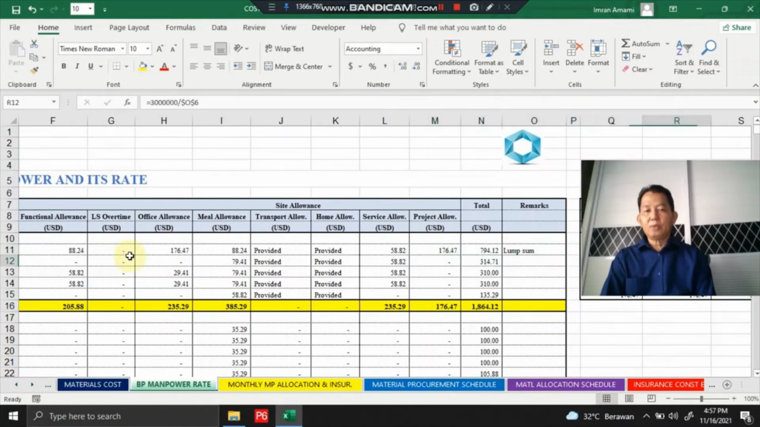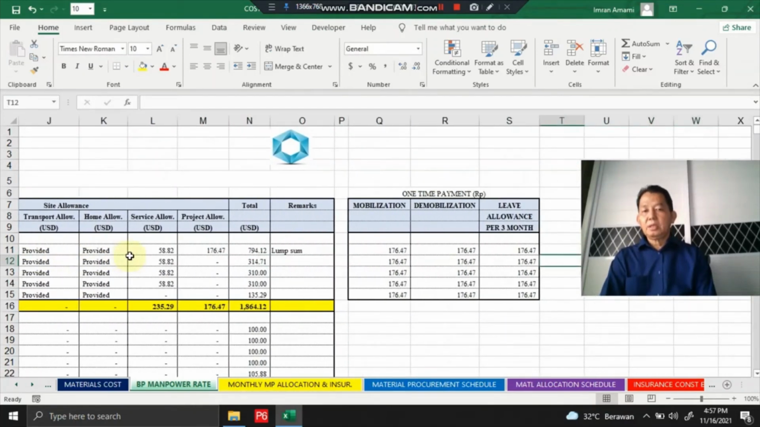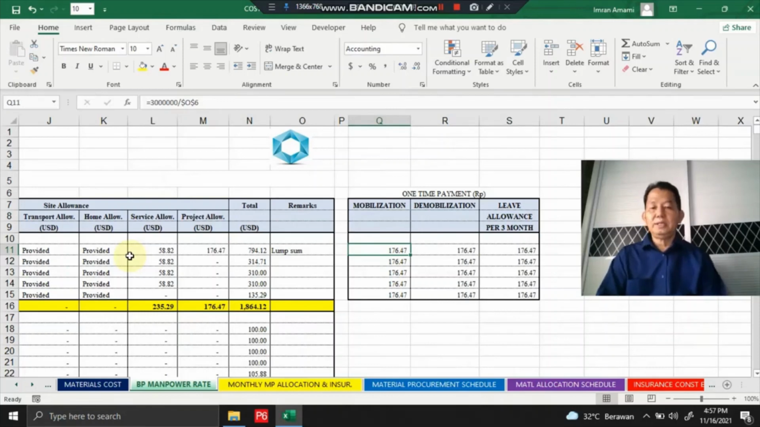Also, we calculate the cost for mobilization and demobilization for its personnel. Also, leave allowance for 3 months. Okay, and then